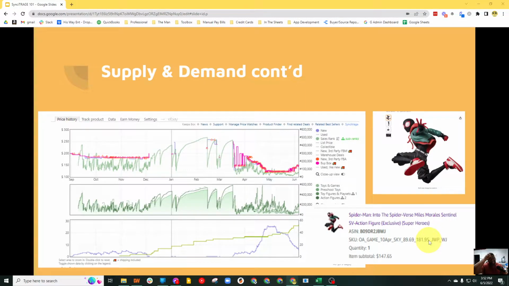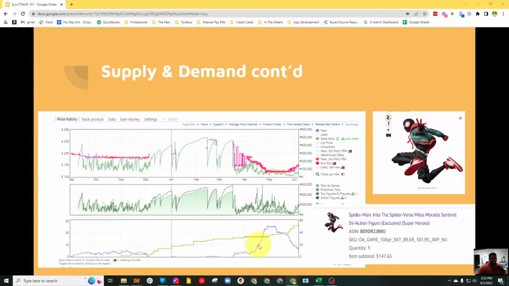and with a target sale price of $181.95. This lead came from a lead list provider, and at the time I sourced it, the offer count was increasing, and I should have been aware of this and not purchased it, or maybe didn't buy so many. But I purchased this at $89 with the anticipation to sell it at $181, but eventually I had to just settle for the $147. But what I wanted to show you guys was that this is supply and demand in action right here, and you can clearly see it.